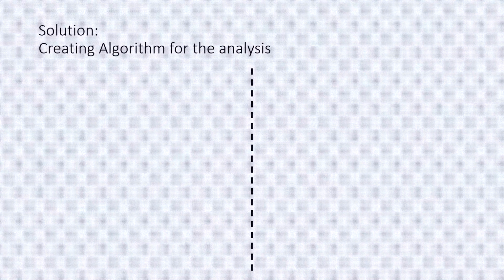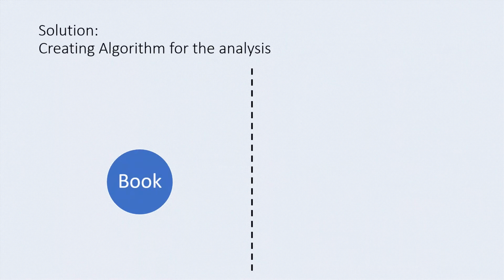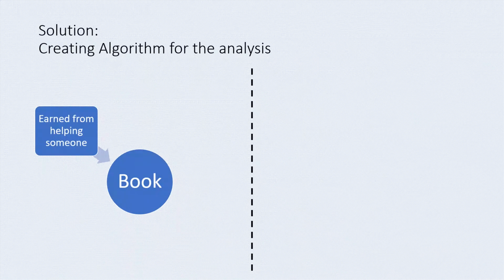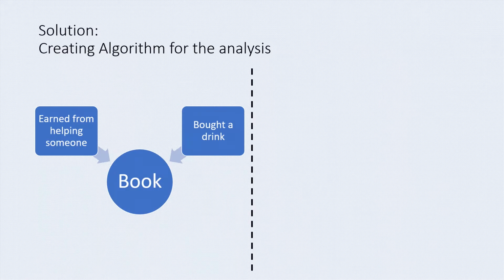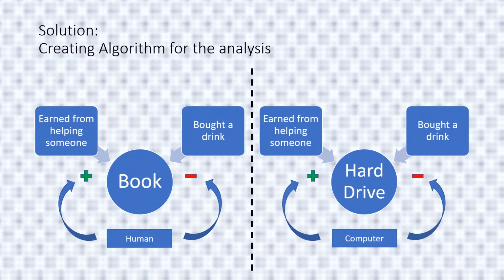We can develop an algorithm for the AI to do the calculation. You might wonder, what is an algorithm? Let me give you an example. Imagine you have a book recording your pocket money for the whole day. Now, let's give it two things to be recorded. One is the reward for helping someone, another one is the money spent for buying a drink. Normally, we will add the amount we receive and minus the amount we spend. So, this is the rule we apply. Now, don't be surprised if I tell you this is an algorithm that we will write for the computer to follow when the computer does the recording for us.